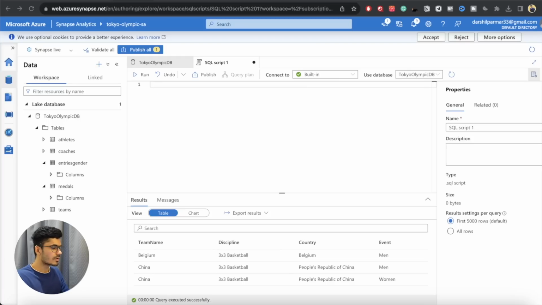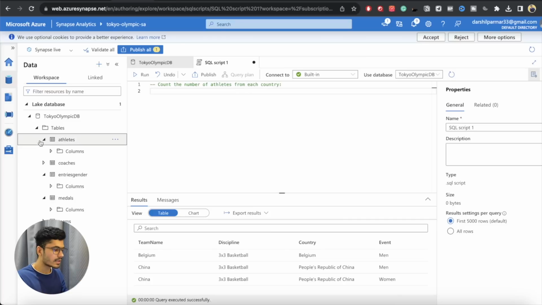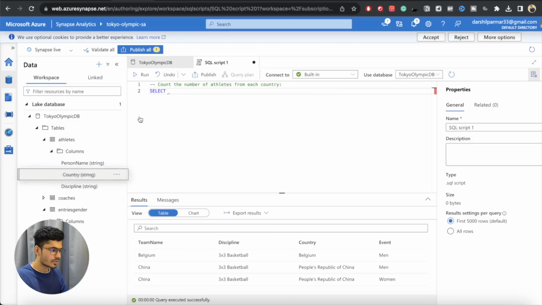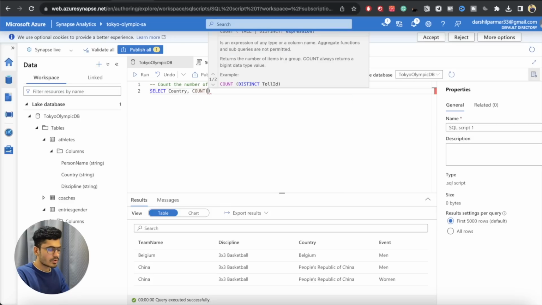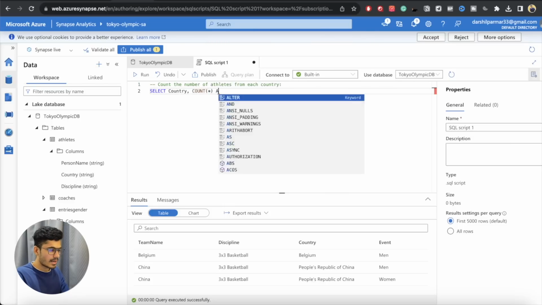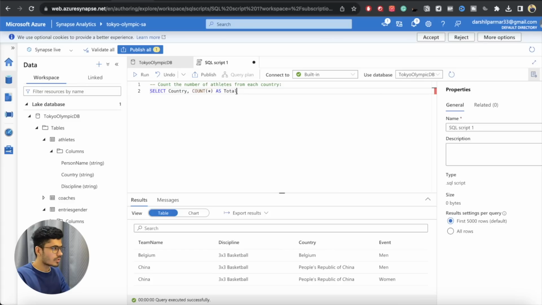So count the number of athletes from each country. So if you want to do that, we have athletes. Inside this, we have the country and the number of athletes from the country. So pretty simple. Select country, comma, star count as total athletes from the table